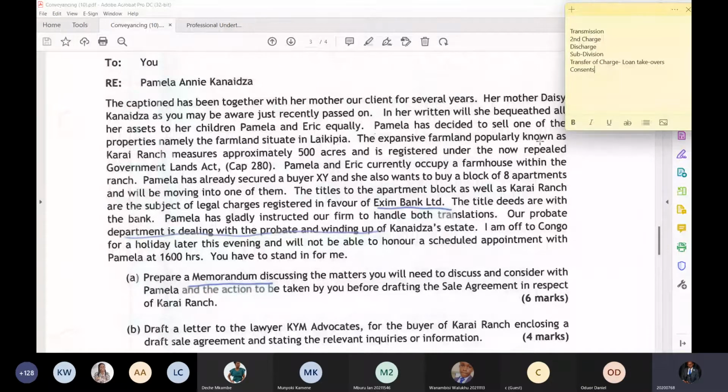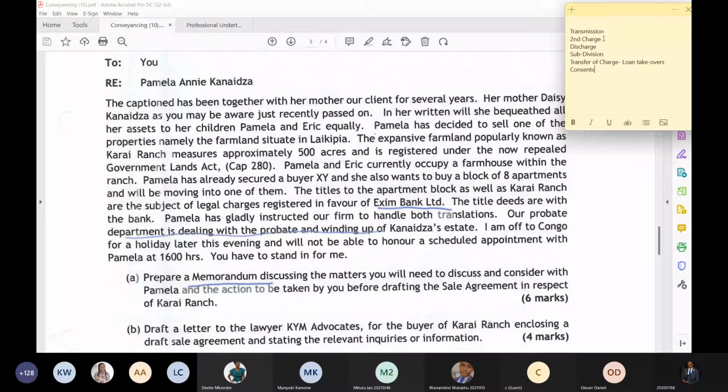Since they are just selling, there won't be any, because I don't think she's getting any banking facilities for any property. So if she was getting, and the property already had another charge, and now maybe they want subsequent facilities, what will happen is there will be a second charge, if they want additional facilities. Okay, so here a second charge wouldn't apply, but let's go on to the second one, which you guys talked about,